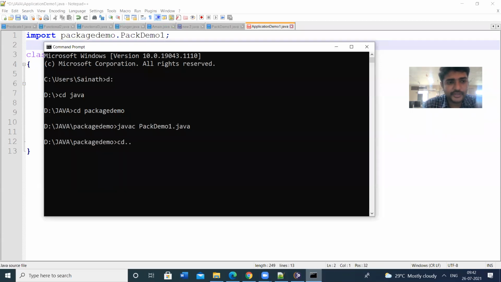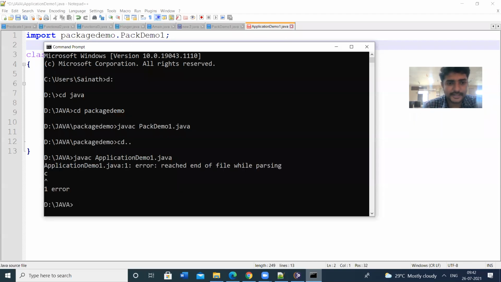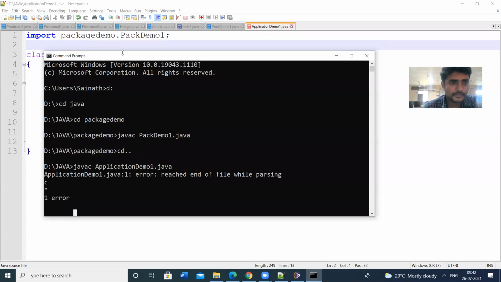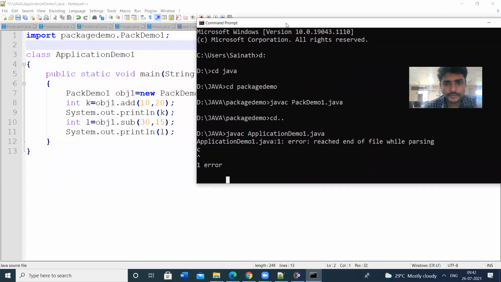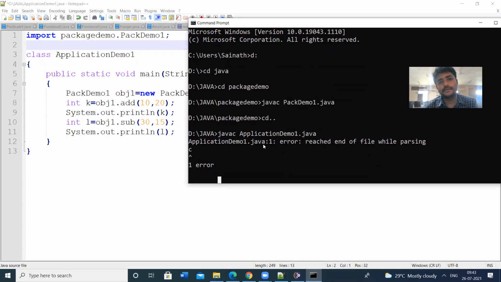The program is saved in the Java folder, not the package demo folder. So here I have to compile the program with javac. The program name is application demo1.java. So there is an error.